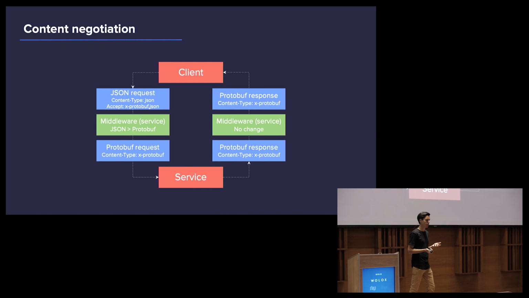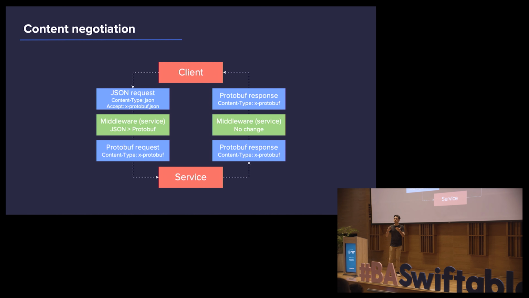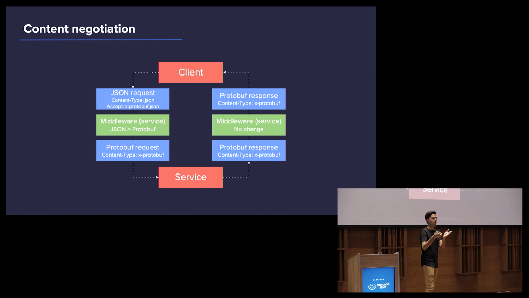And the way we did that was through something called content negotiation, which basically allows clients and servers to talk to each other and say what content types they support over the wire, rather than just making an assumption that everything will always be JSON or everything will always be Protobuf. The way this works is the client continues to send its JSON request up, but in addition to what it sent before, it also sends an accept header saying, hey, I know how to read JSON as well as Protobuf. We then installed some very thin middleware across every backend service that we have, which essentially takes that request